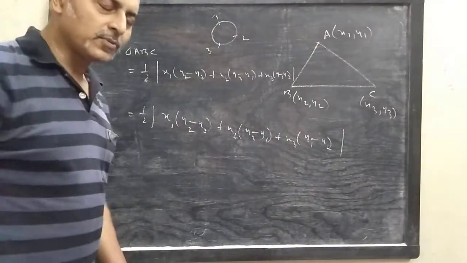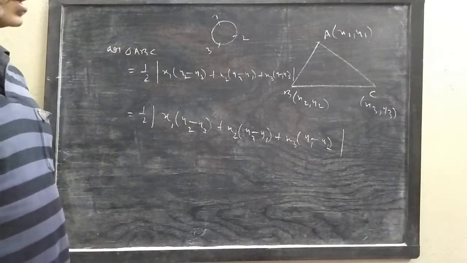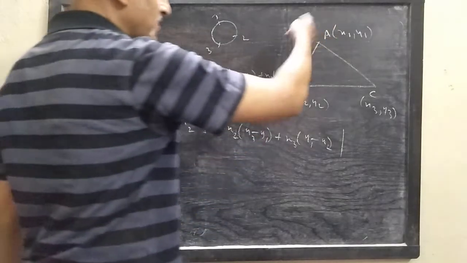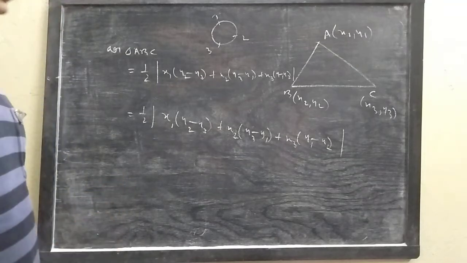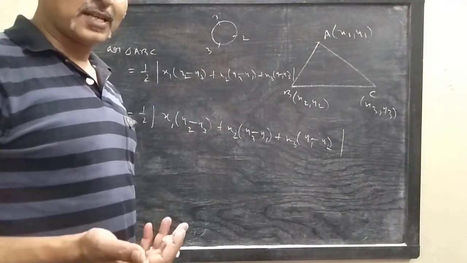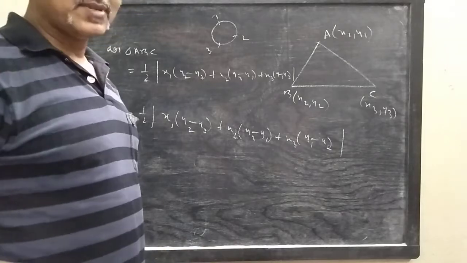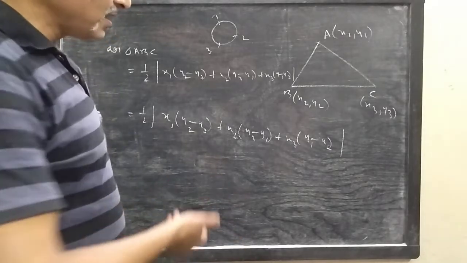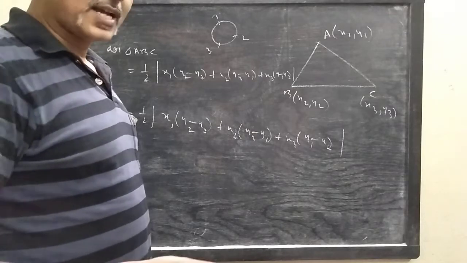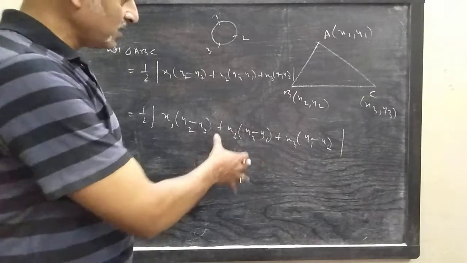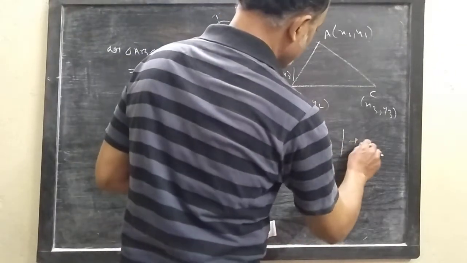You have to put this modulus sign because sometimes, if you take the points ABC in anti-clockwise sense, then this will be positive. But if you don't know in which order the points are there, sometimes if you accidentally take the points ABC in clockwise sense, then the area of the triangle comes to be negative. But it is not possible for the area of a triangle to be negative. For this reason, we have to take the absolute value sign, and you have to write square units.